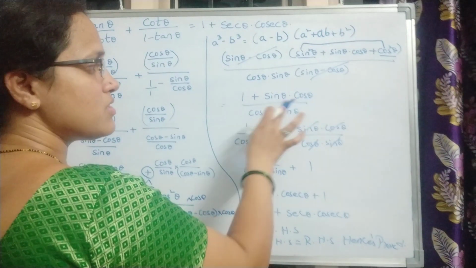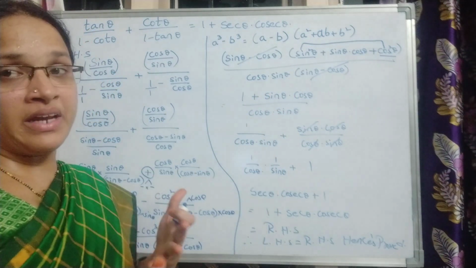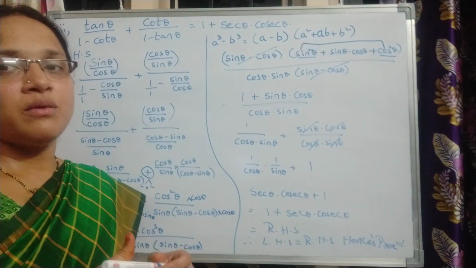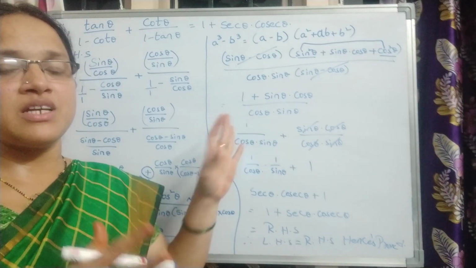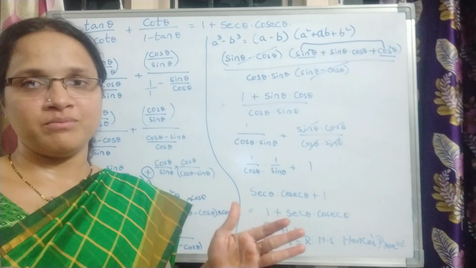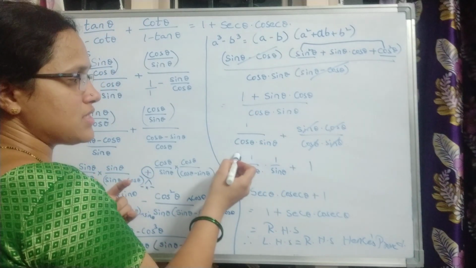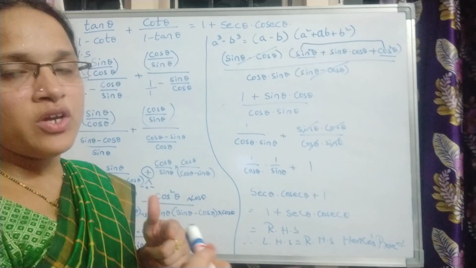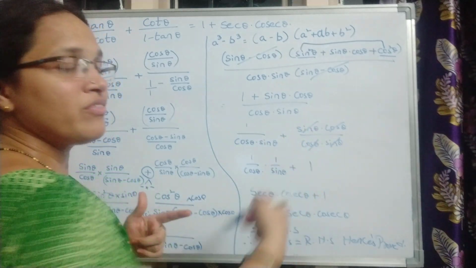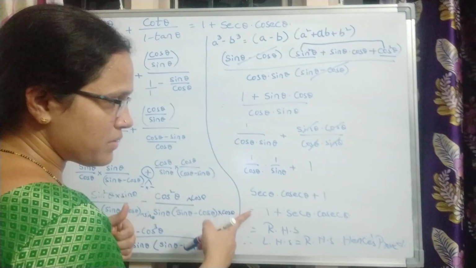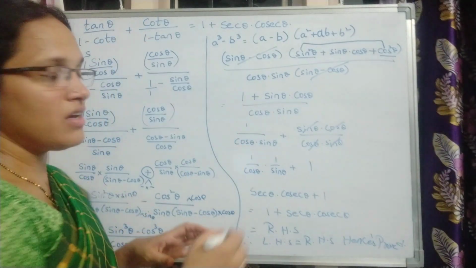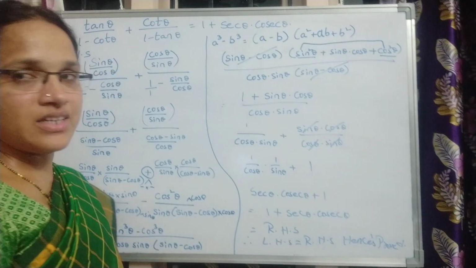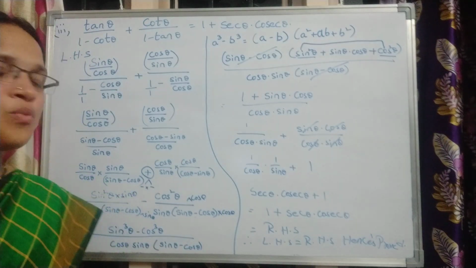So sine into cos by the denominator which remained here, cos into sine. Now as the numerator has two parts, the denominator belongs to both parts. That means you can segregate them and write them properly. Okay. So 1 by cos theta into sine theta plus sine theta into cos theta by cos theta into sine theta. So a into b or b into a is the same. That is the reason we have cancelled them. And 1 by cos is nothing but secant. 1 by sine is nothing but cosecant, plus 1. And I have converted it into the form which is given here, which is the RHS. So hence we have proved LHS is equal to RHS.